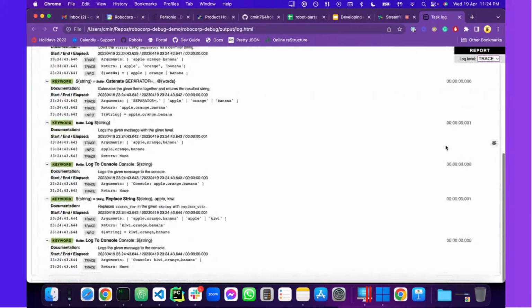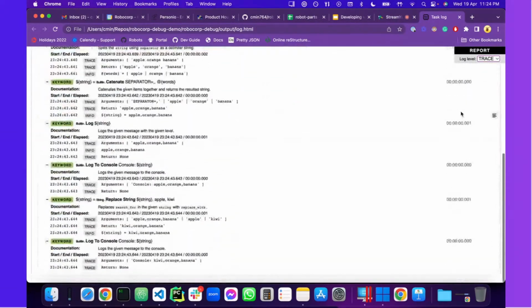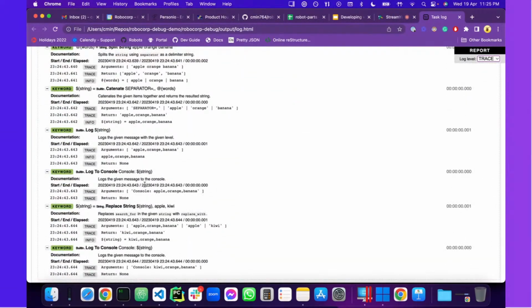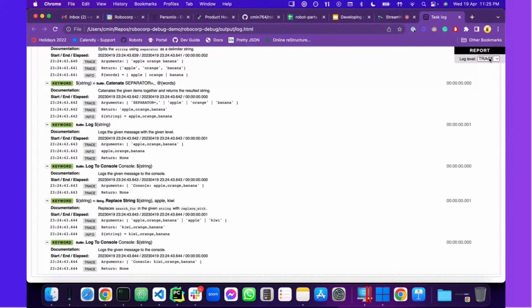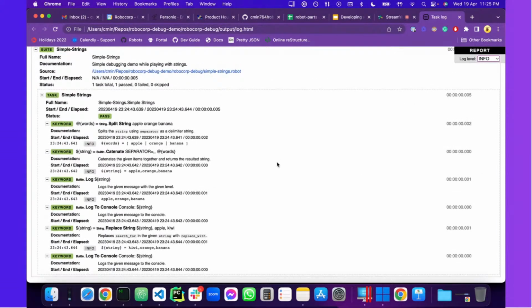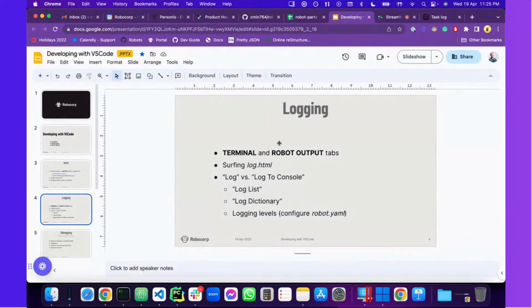This trace, as you can see, shows me a lot more about what's happening inside the bot, including what arguments are received, what it returns. So this is quite useful when you develop the bot, and for security reasons the usual behavior is actually to just display the info part, because in trace you might see a lot of details that you don't want to see there. So that's basically it.